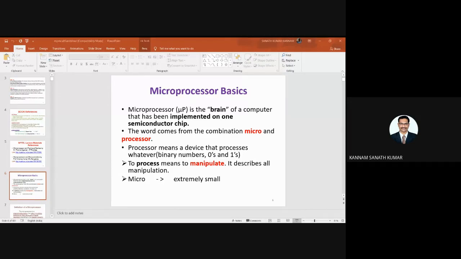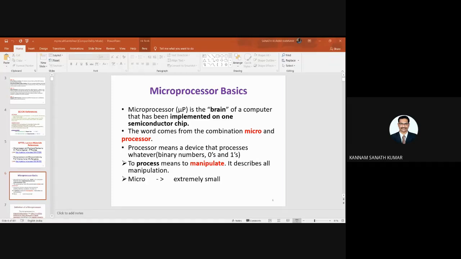Okay, so development of Intel processor. If you see the development of Intel processor, in 1979 it developed the first 16-bit microprocessor. This is a 16-bit microprocessor, part number 8086. Intel is the company. It was invented during 1979. And in 1982 they invented 80286, in 1985 they invented 80386, and in 1989 they invented 80486.